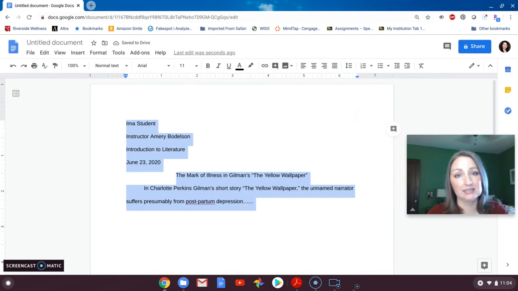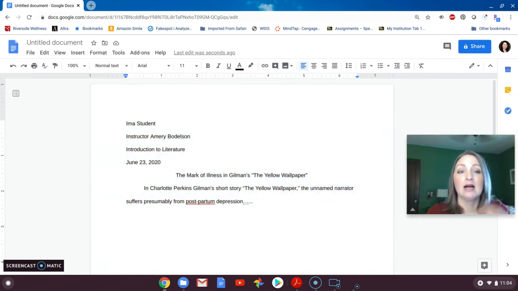And so it immediately and hopefully forever after in this particular document will double space my writing. So I'm a student, instructor, course title, date, indented title in the middle, and then back to your first paragraph. The only other component that you need in MLA, and I don't know that you're going to be able to